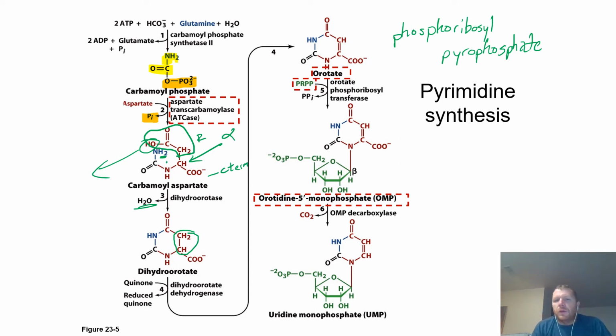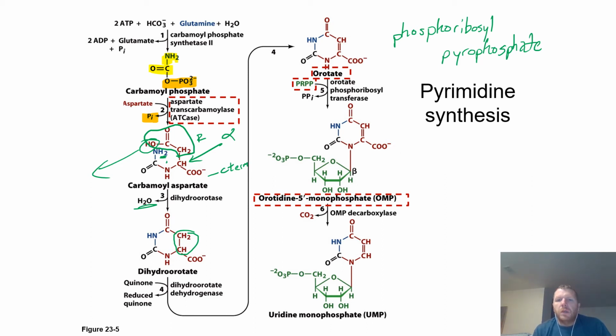Well, what that's doing is bringing in our sugar, our ribose, plus our phosphate group there. So we're able to make our N-glycosidic linkage, and the enzyme that catalyzes that reaction is orotate phosphoribosyl transferase. So now we have the 6 atoms that constitute our pyrimidine ring. We're able to throw those onto our ribose, or our phosphorylated ribose, and in that we make orotidine 5' monophosphate,